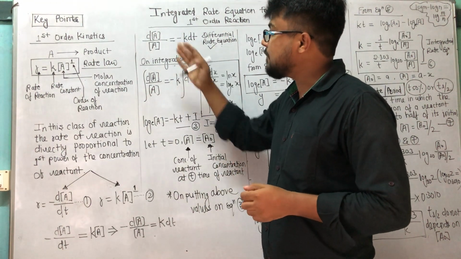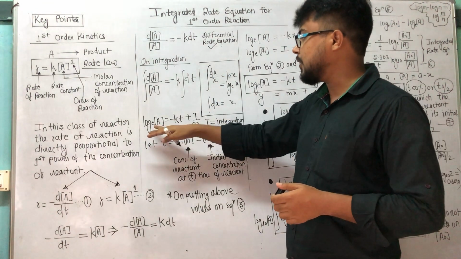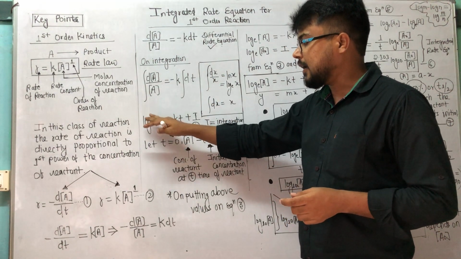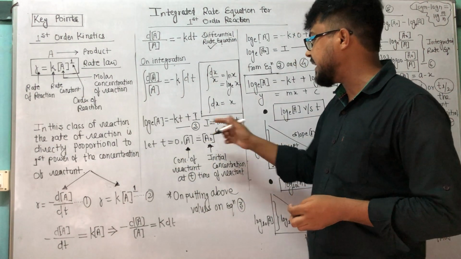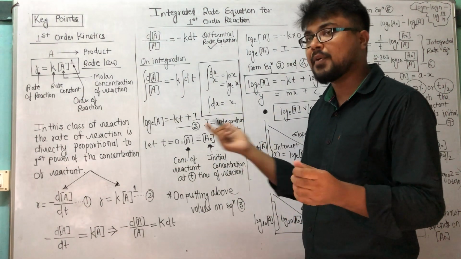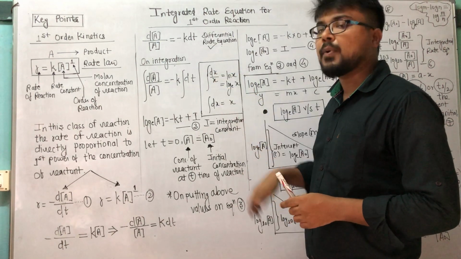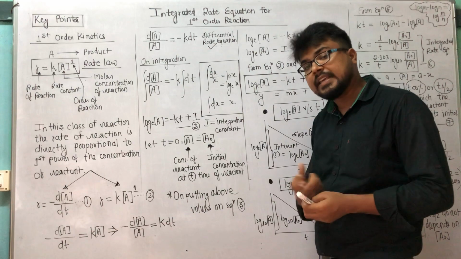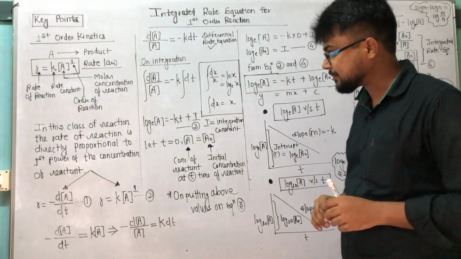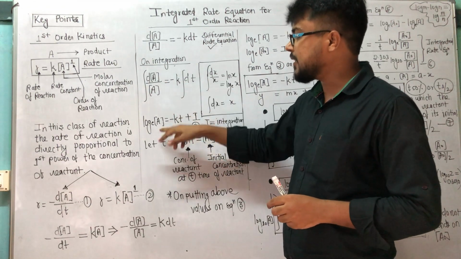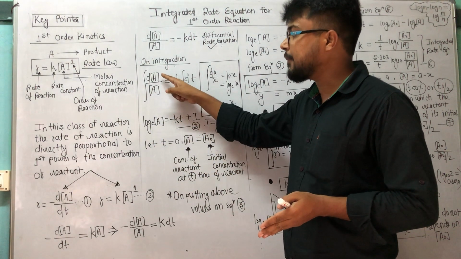After integration of this differential equation, I will get log base e of concentration of A equal to minus kt plus I, and I is the integration constant. How is it? See here. We know the integration of dx upon x equals log base e x, or ln x, and the integration of dx equals x, correct? So this term will equal log base e A, because it is nothing but dx upon x,